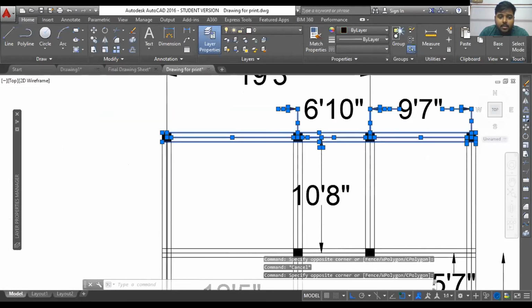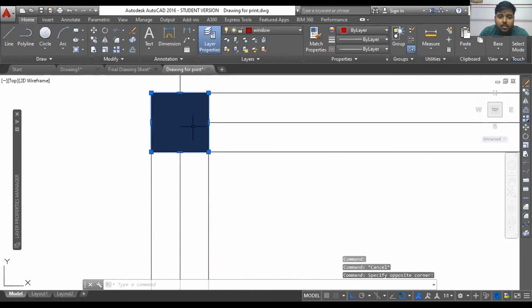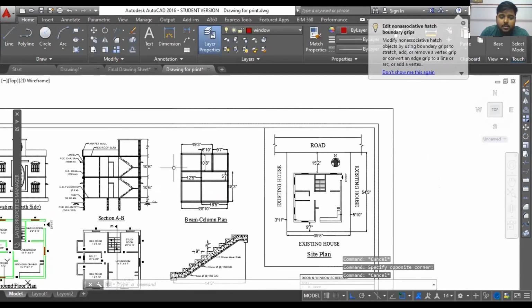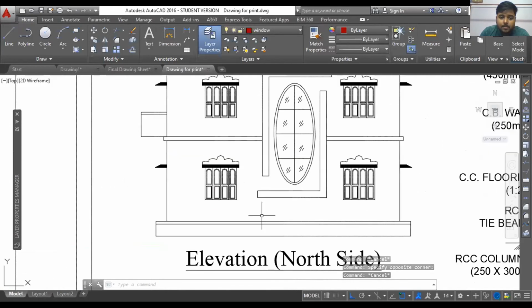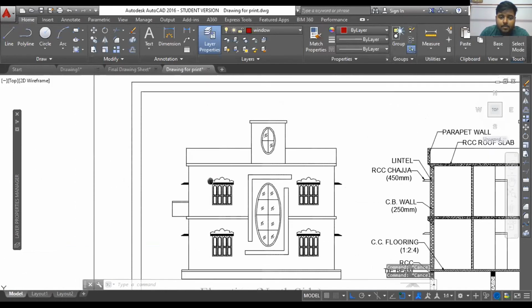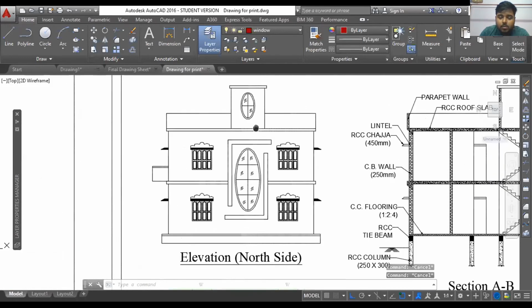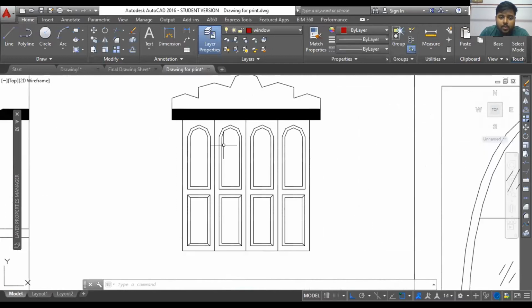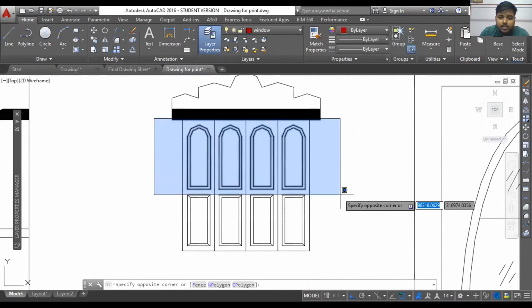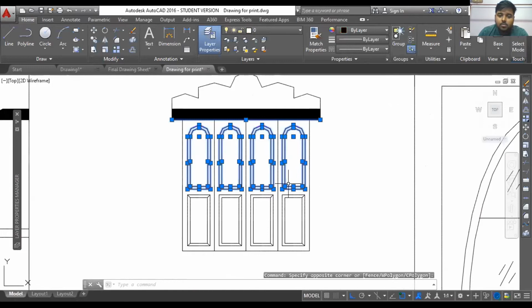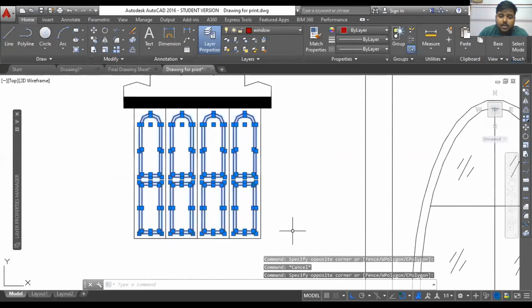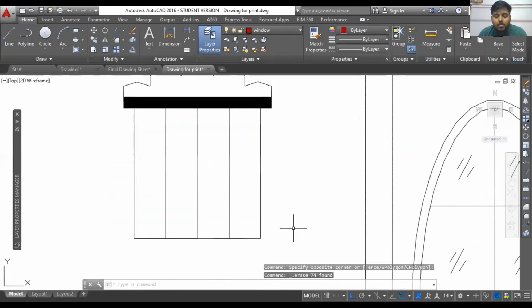I think this is a gradient. Yeah, this is a gradient. Let's try another example. For example, I want to erase all those inner lines in the window. How can I do that? I can simply select this much portion, and you can see those are highlighted, the windows. So only my windows, these patterns, are selected. So I can easily select and move them, replace them, copy them, or delete them.